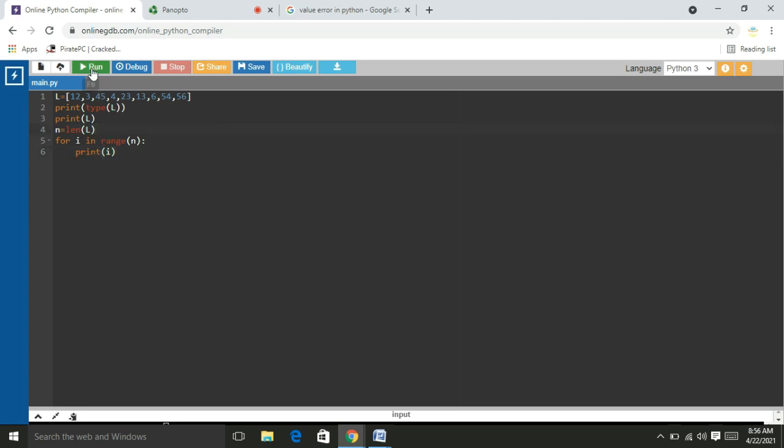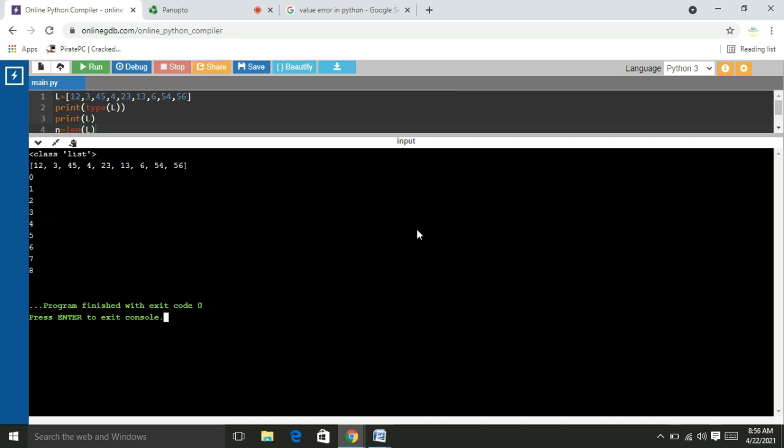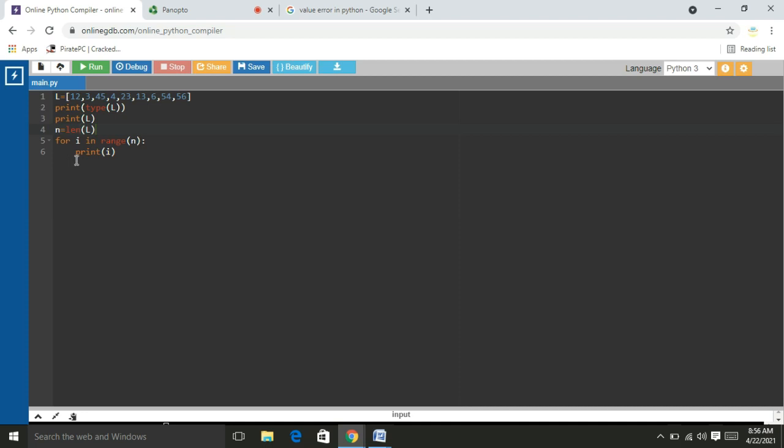Okay friends, we can observe that the index values are printed one after another: 0, 1, 2, 3, 4, 5, 6, 7, 8. Okay, print L of i, then the values will be printed.